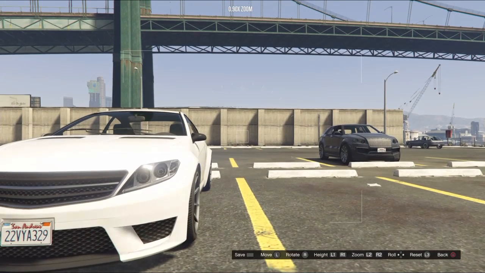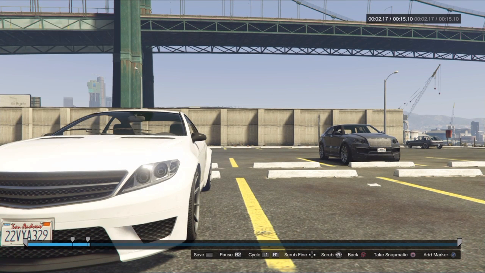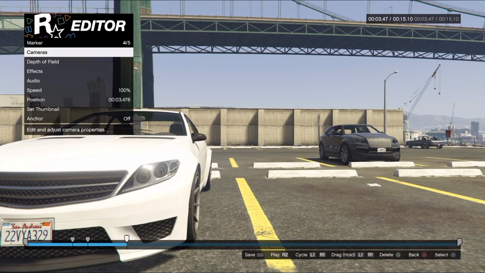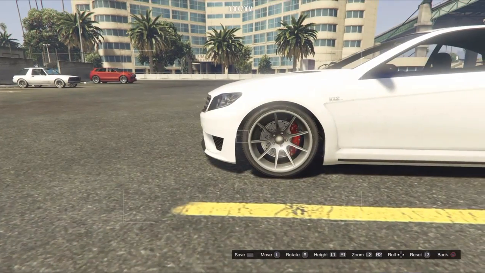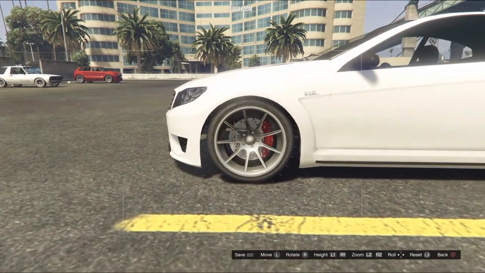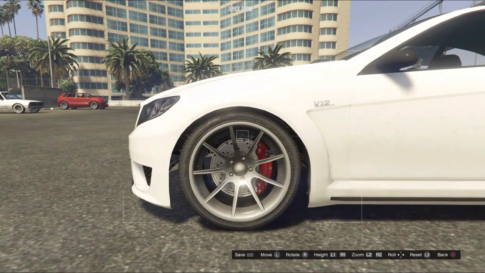Like I said, I'm not a pro at this, but I do know some things that I think I could share with you guys. As you can see, I'm just basically going through camera angles. What I suggest you guys do if you really want to make it as realistic and as professional as possible